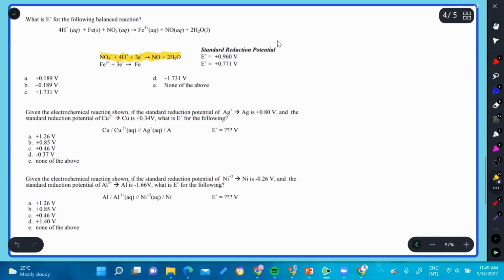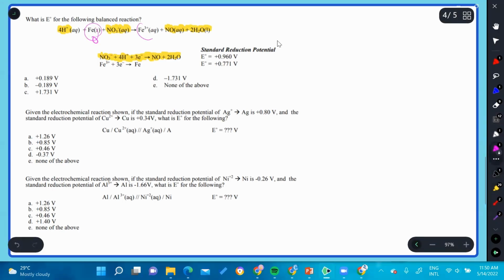You can even work it out with the oxidation numbers, but with so many things that's going to take very long. So if you look here, it's written the same way as it is in the standard reduction potential equation down below. So this should tell you that this is what is reduced,